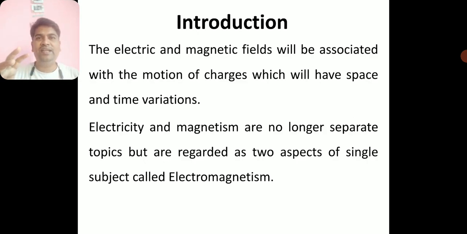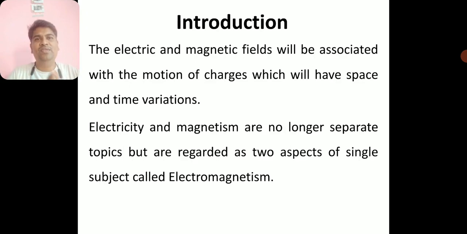After that, in 1831, just 3 years later, Faraday discovered Faraday's laws. These laws say that when a magnet is moved towards a coil, it produces an induced current, an induced EMF, just by changing the magnetic flux. So the two phenomena: from the current we are producing the magnetic field, which is the magnetic effect of electric current, and from the change in magnetic field we are producing the current.